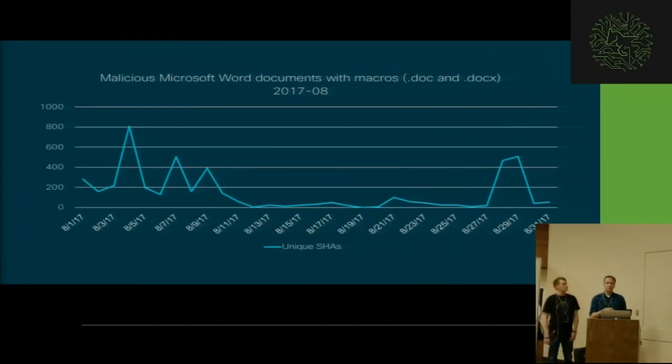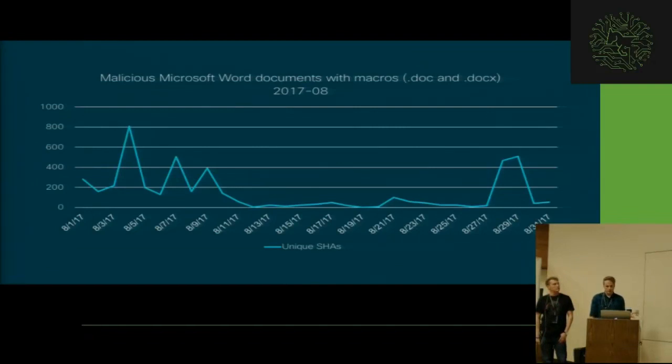Because this graph is showing unique samples, there are spikes here if you consider the identical file. So we do see the identical file sent to multiple customers, but when the files are identical, it's easy to deal with them. So this is totally unique counts. And so what we wanted to do was account for some of these spikes and say, yes, we know these are malicious, but what more data can we tell about them?